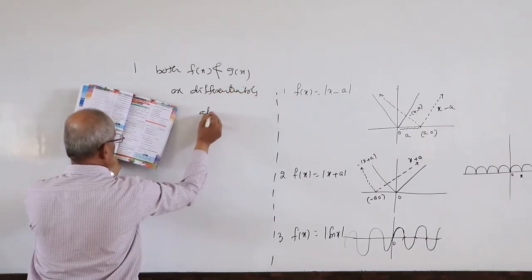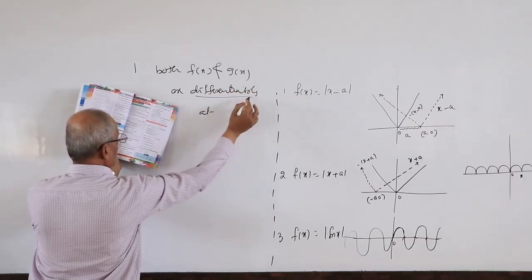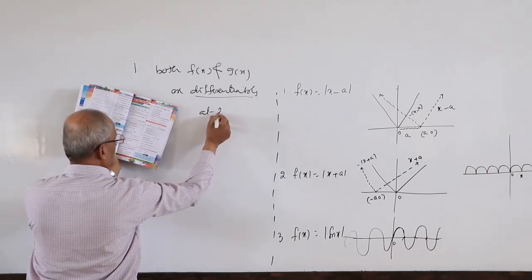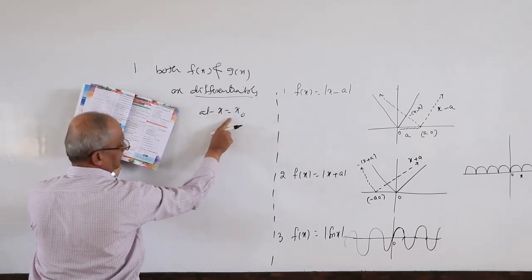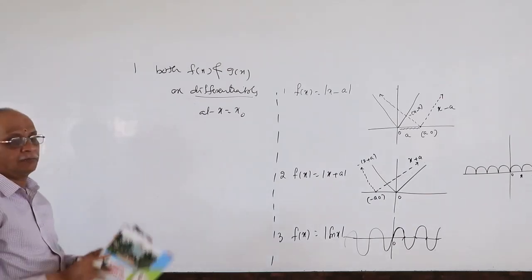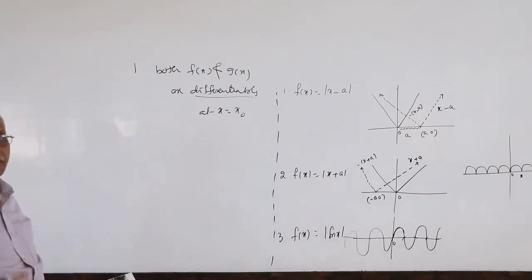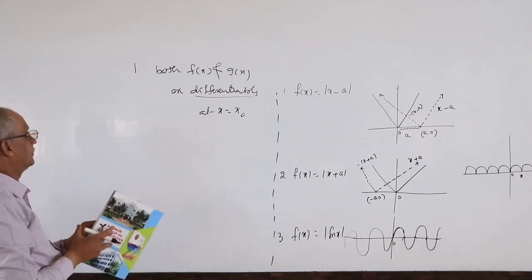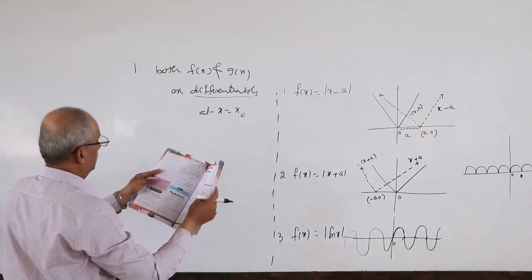Wherever you see this word differentiable, compulsorily there will be point difference. Differentiable, immediately point difference. If the point is not there, then it is differentiation, derivative. Okay? Now,